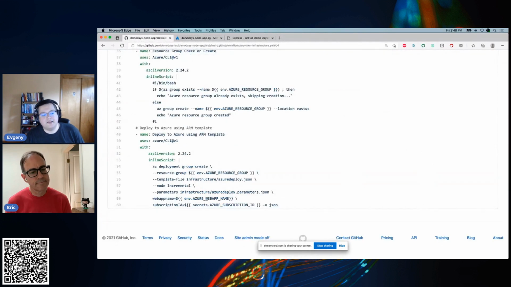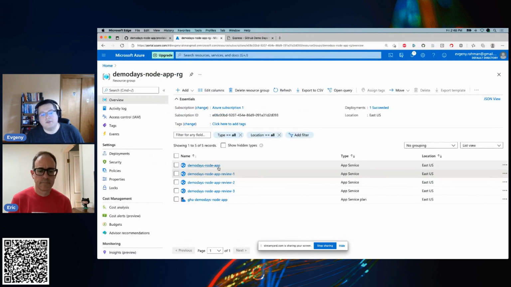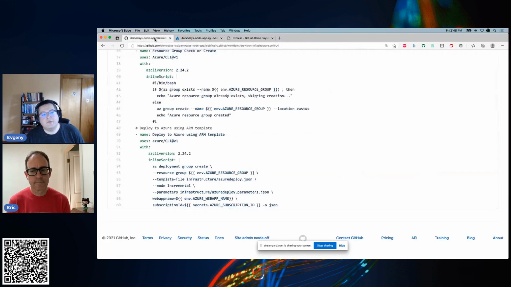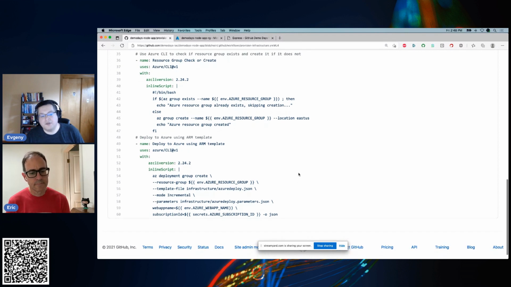And then we also say, this is the web app name that we want. And here's that parameterized magic that we were talking about, where if this name was different, right? So this name could be Demo Days Node App. It could be Node App Review 1. It really could be anything, A, B, C, D, F, 1, 2, 3, 4, 5, right? As long as it's a valid name combination of characters, we can plug it in here and it'll deploy it with that web app name. It'll be a separate web app deployment using all the same bits and pieces that we defined in our infrastructure.